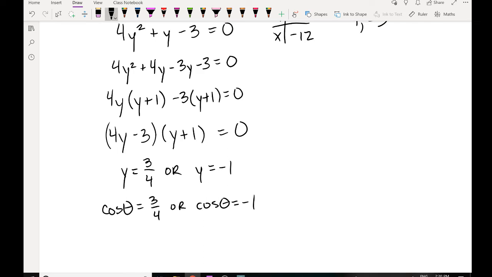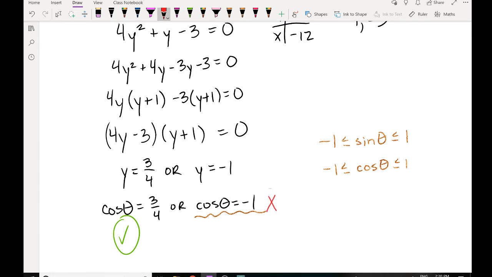We said very early on when we were doing trig that the range of your sine functions is that sine theta was always between negative 1 and 1, inclusive, and we said cos theta was always between negative 1 and 1. We made those conclusions, and so a lot of people might look at this and say, yeah, I don't see a problem with that. They didn't ask me to show that. They only wanted me to show this part, and so I did, so I don't even have to worry about over here. But the reality is that answer is not okay,